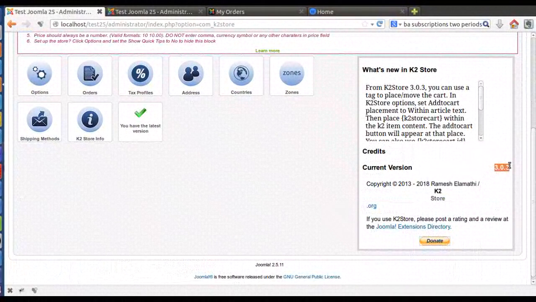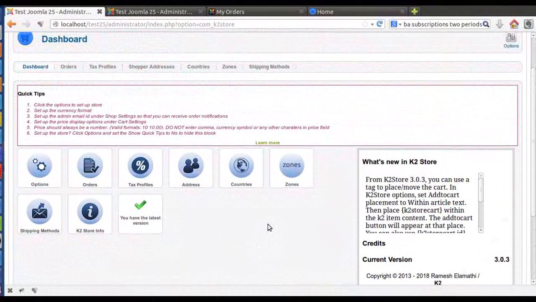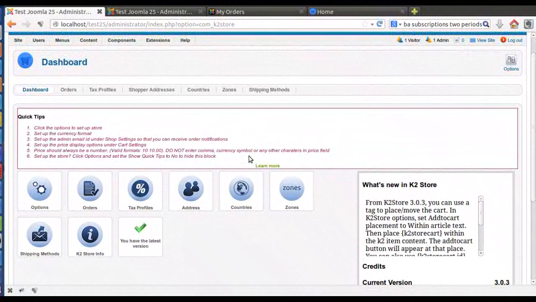This is the latest version now. So I'm going to show how to migrate from 3.0.3 to 3.5. It is a single step installation process, but it needs a few more steps to configure